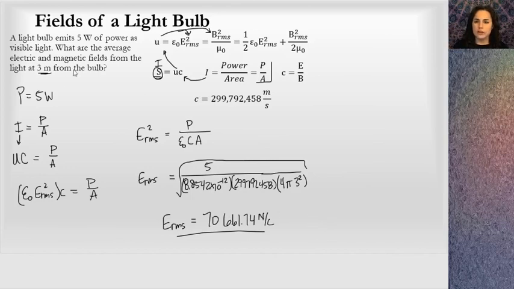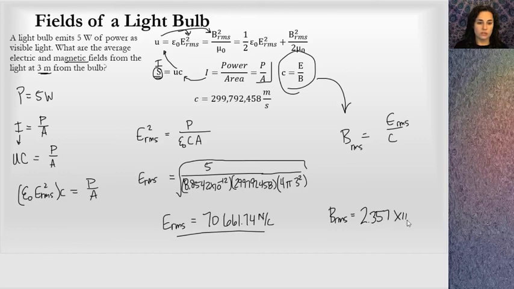So we also want to find the magnetic field. The magnetic field shouldn't be hard. I can use this equation up here, C equals E over B. I can solve it for B equals E over C, and this can be the RMS values. Remember, if I put the max in here, I would use max, but since I'm looking for RMS, I will use RMS. So I would just take this electric field and divide by the speed of light. So I have it written there, and when you run it through the calculator, you get the RMS value of this magnetic field to be